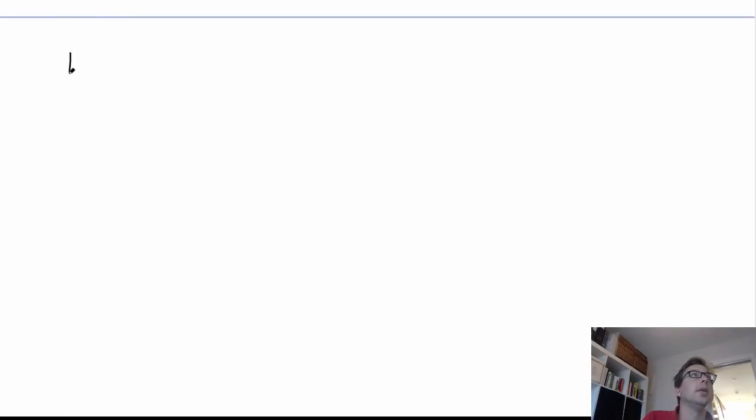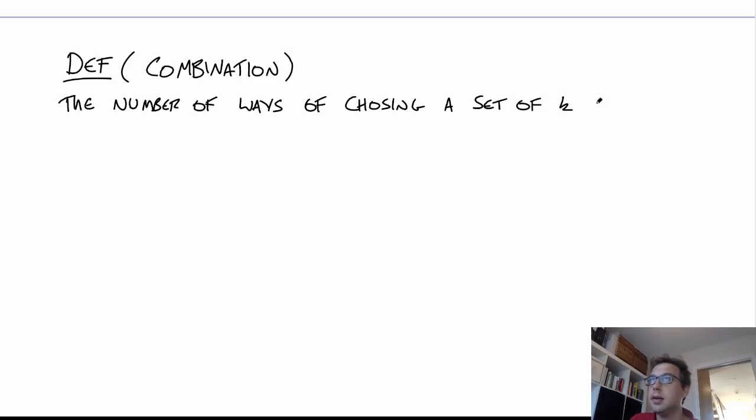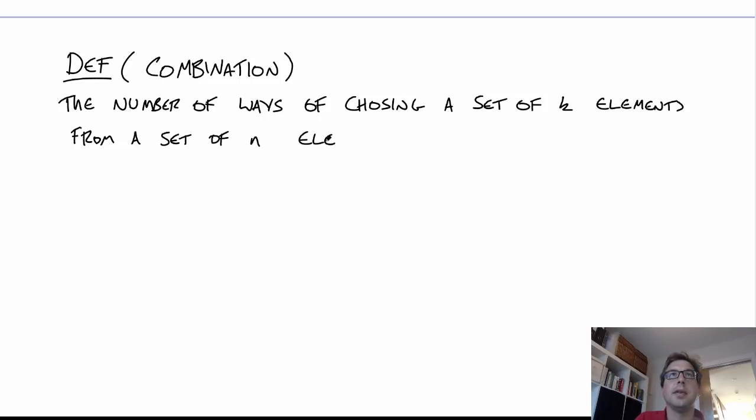So definition, a combination, the number of ways of choosing a set of k elements from a larger set of n elements, is given by the following